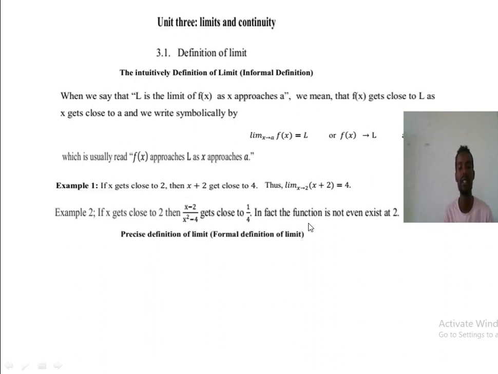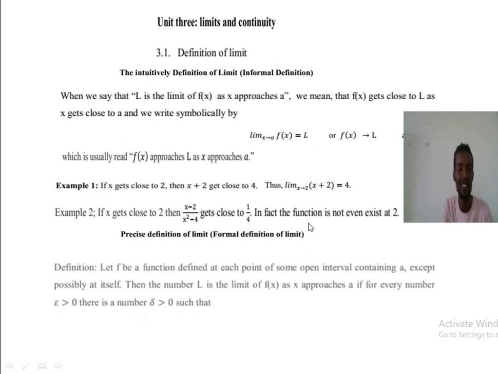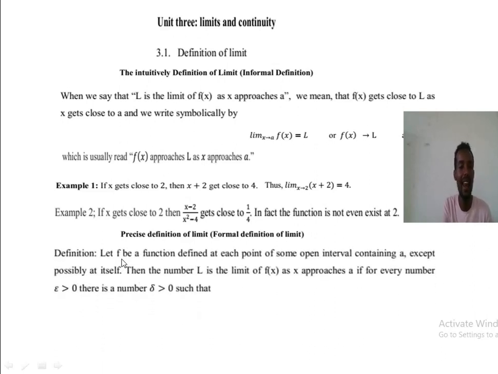The second definition of a limit is called the precise definition of a limit, which is the formal definition, or in other words, the epsilon-delta definition of a limit. So what is the formal definition? Now the definition says: let f be a function defined at each point of some open interval containing A, except possibly at A itself. Then the number L is the limit of f of x as x approaches A